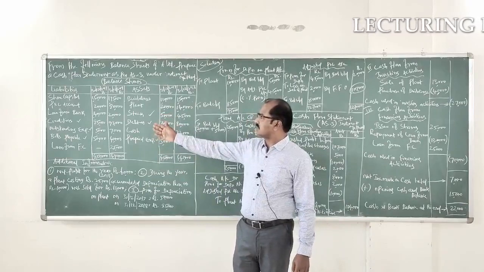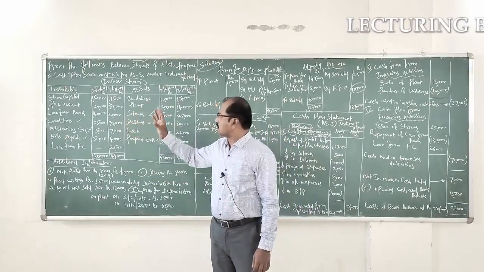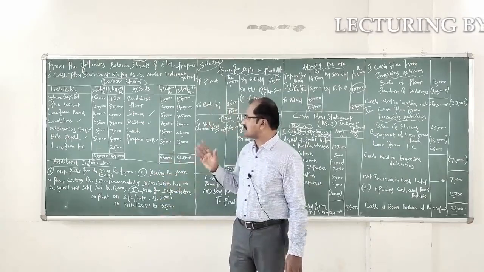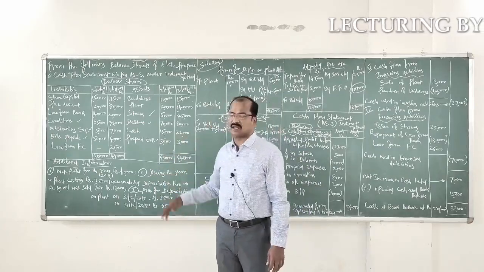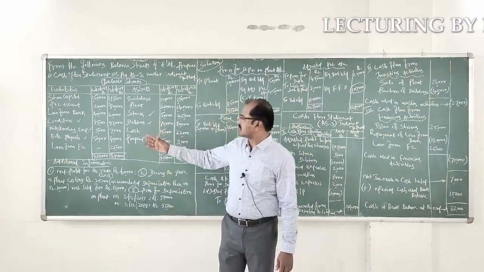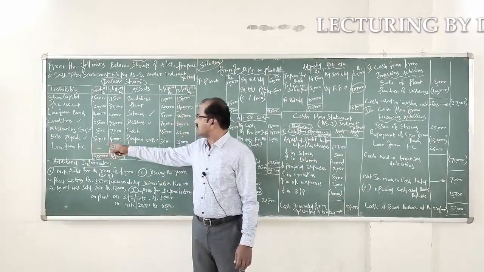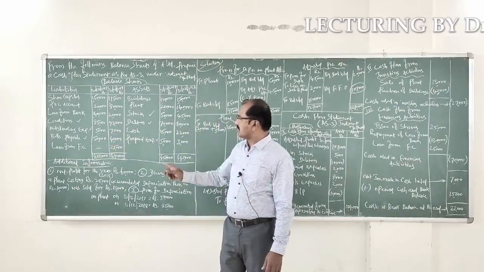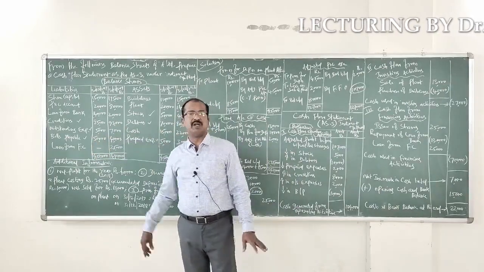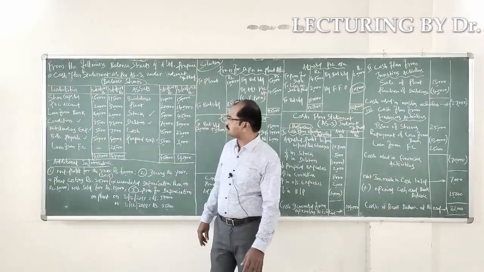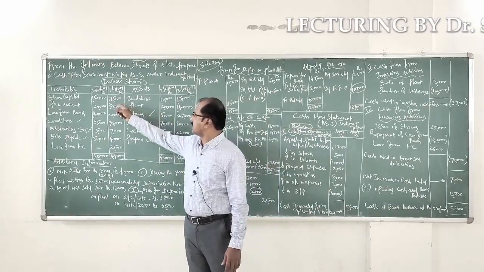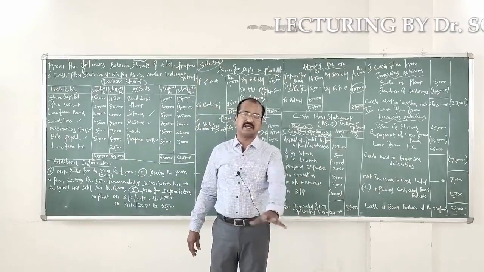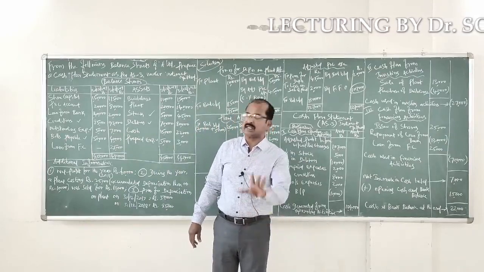Let us look at the details of the liabilities: share capital, profit and loss account, loan from bank, creditors, outstanding expenses, bills payable, loan from a financial corporation. Among these items, the loan from financial corporation and loan from bank are non-current liabilities, whereas creditors, outstanding expenses and bills payable are current liabilities. In share capital also you find an increase to the tune of 25,000 rupees, which is nothing but issue of shares taken place during the current year 2018.